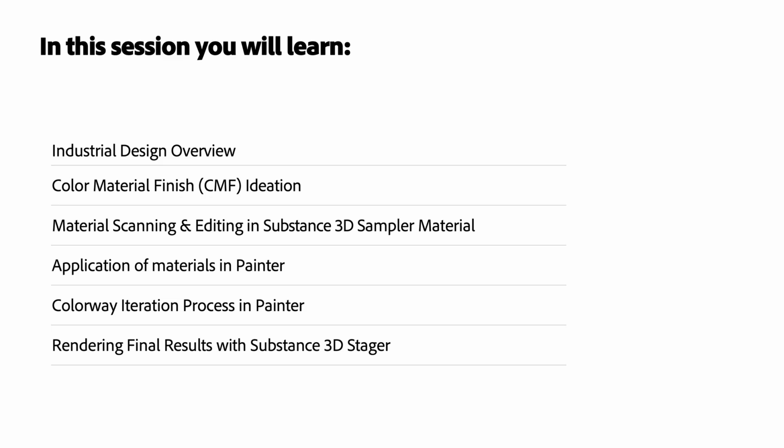So, in this session, we'll talk about how we can capture materials using Substance 3D Sampler. We'll apply those materials onto our model using Substance 3D Painter, and then finally, we'll light and render out those final models using Substance 3D Stager. We'll do a little bit of editing in Photoshop at the very end, and then we'll go ahead and wrap it all up. So let's go ahead and talk about the industrial design process and a little bit about CMF